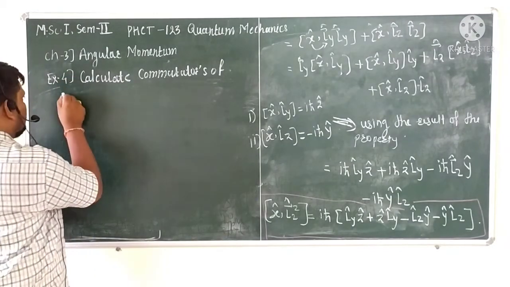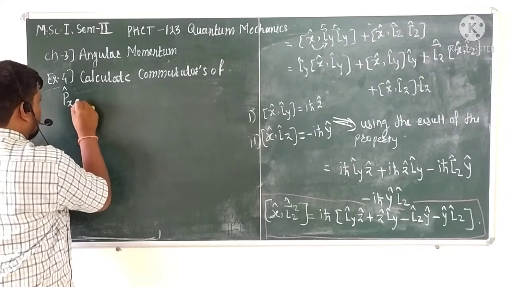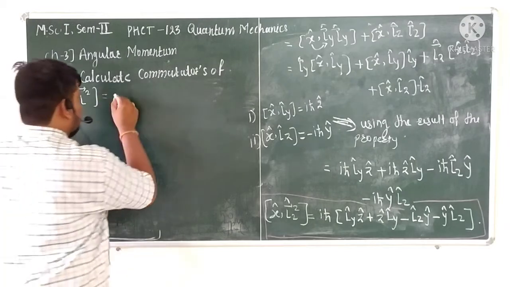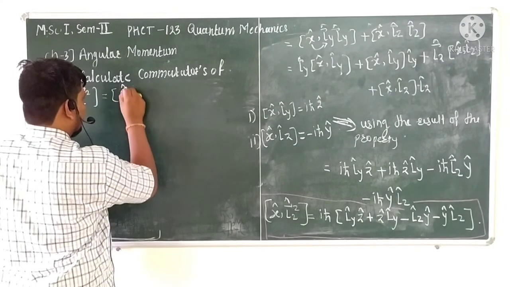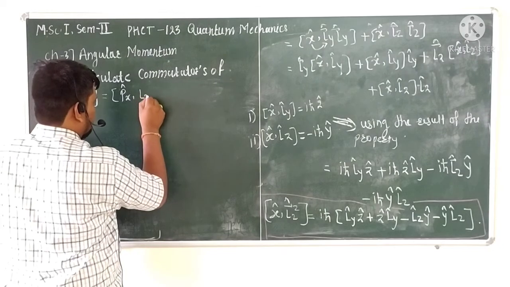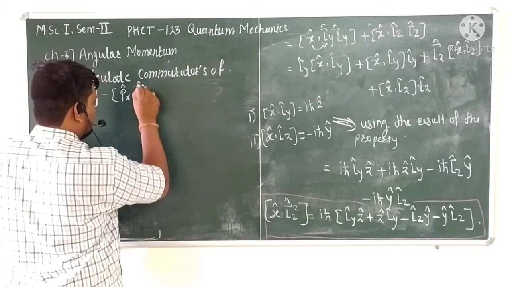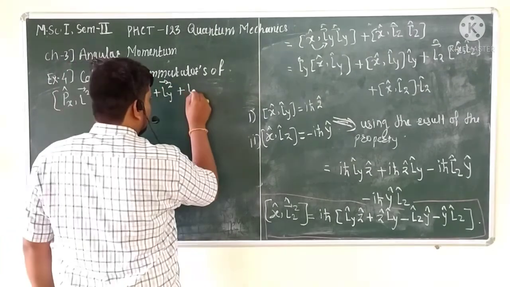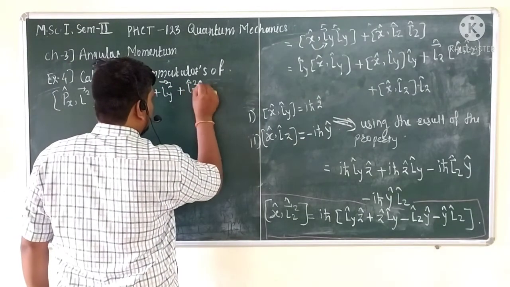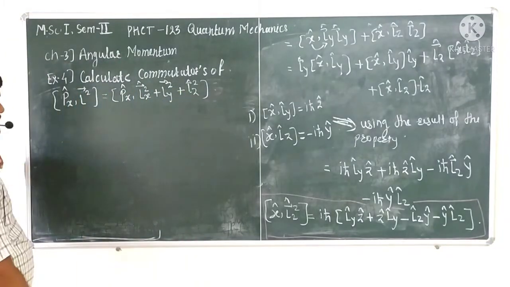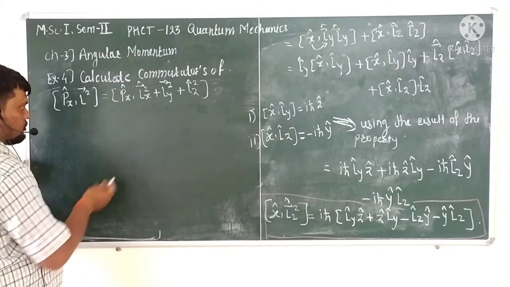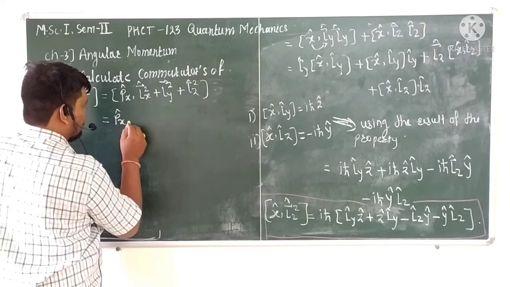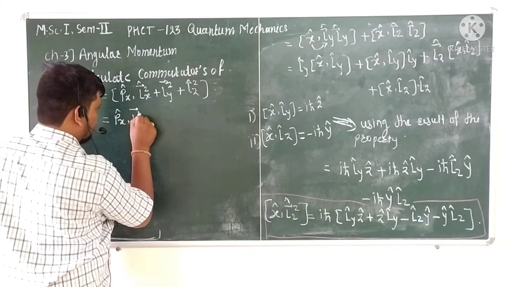Okay, so [Px, L²]. And we have to see how it is split. That is [Px, Lx² + Ly² + Lz²]. Okay, and we have to know how this bracket is split again. That is [Px, Lx²]